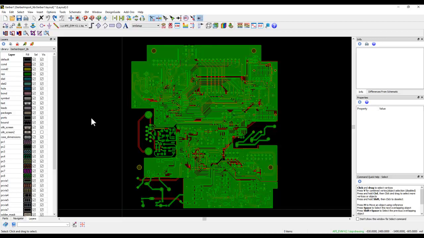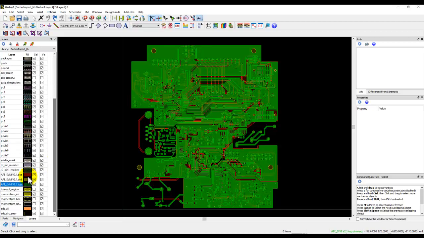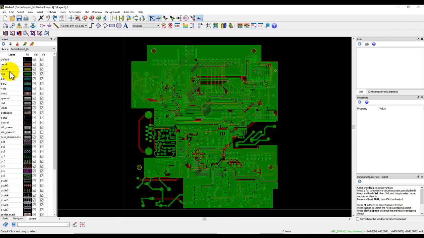Now here for this video, I'm taking the same Gerber file which we imported during the last video. And here by default, what you notice in the layer window is that the imported layer files usually are placed at the bottom of this list. Now we need to change that because we may need to work with these layers. In this case, it's only three, but in your case, it could be five, six, or even 10. With these layers, I want to place them at the top so that I can easily access them without wasting time scrolling down every time.